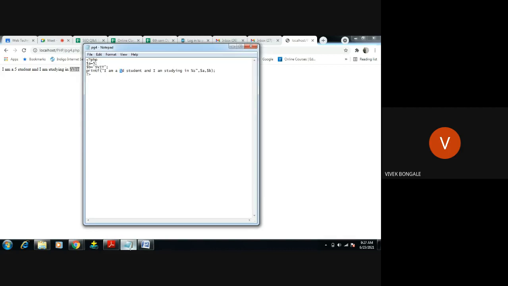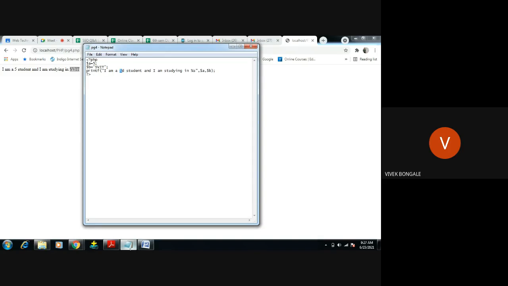So what if I want to pass some floating values? How to pass float values there? For that we have to use the dot symbol.